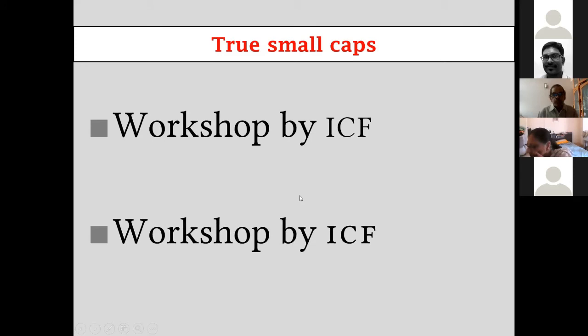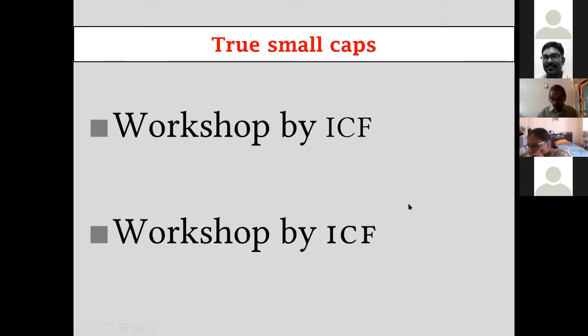Whereas here you see these are what we call true small caps. That is, their color is the same as the surrounding text. The form, the shape is that of capital letter, but the weight, the thickness of the stroke is more like lowercase letters. Those are what we call true small caps.